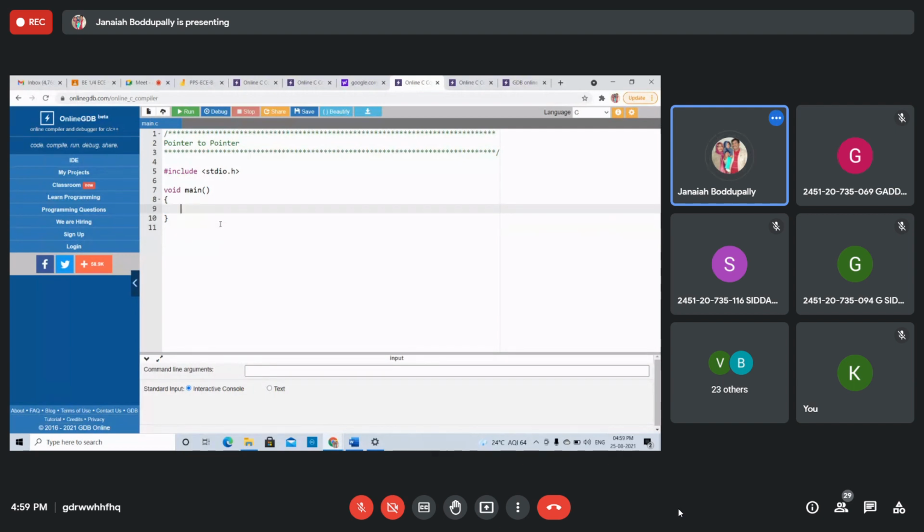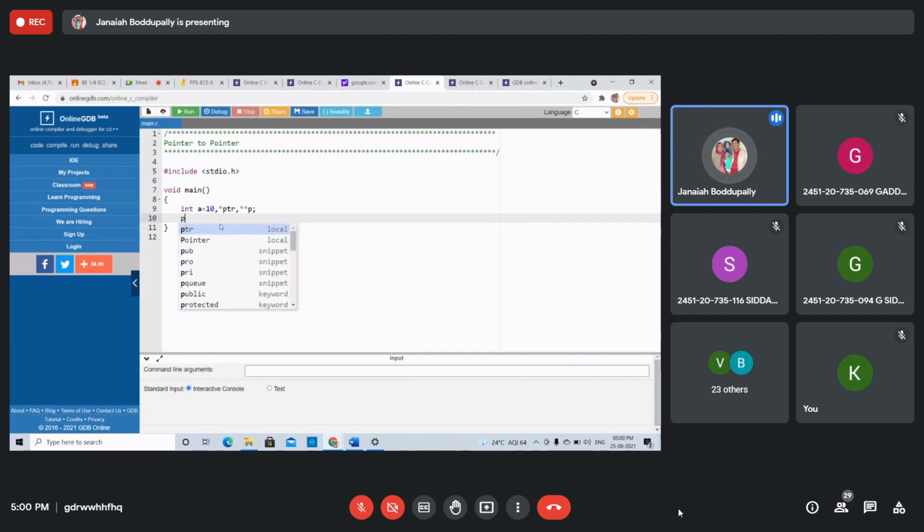See this? Hash include, int, declaring the integer variable a equals 10. This is the ordinary variable. And the pointer variable star ptr is the pointer variable to point to a. Again star p is the pointer variable to point to the pointer variable ptr.